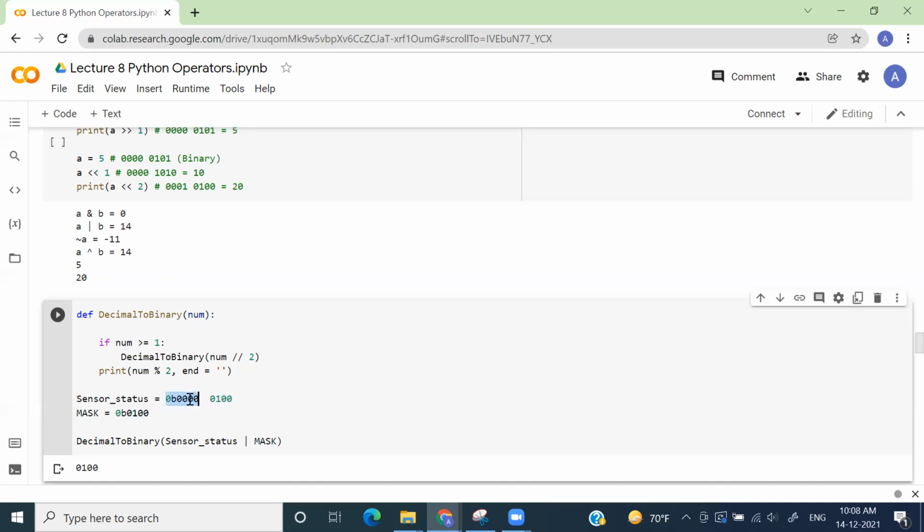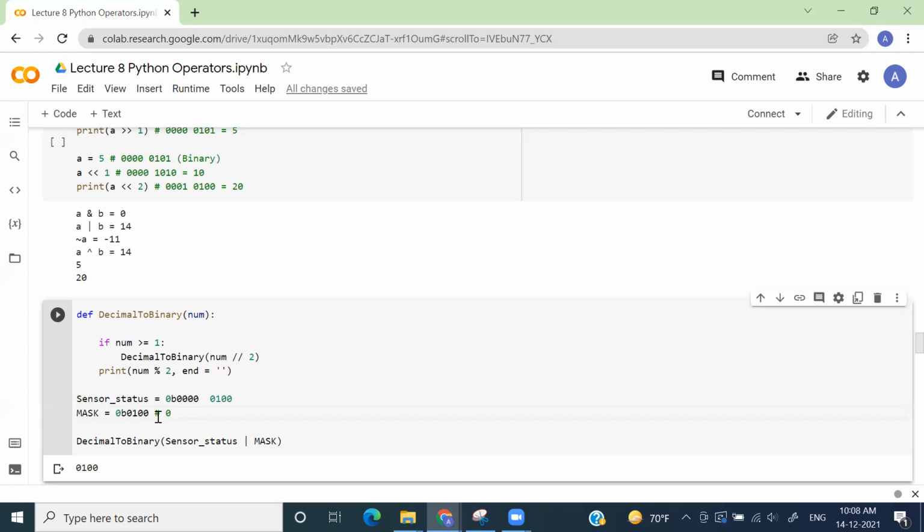And right now what you're having is 0 0 0 0 and 0 1 0 0. So if you perform a bitwise AND operation between these, what will you get? Sorry, here you have to perform a bitwise OR operator.